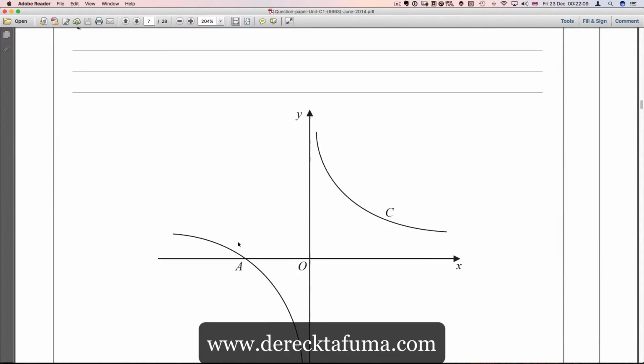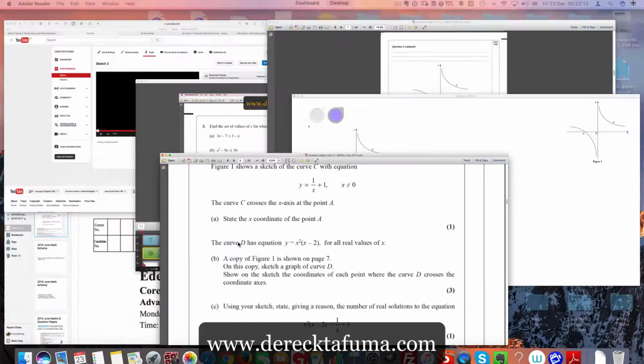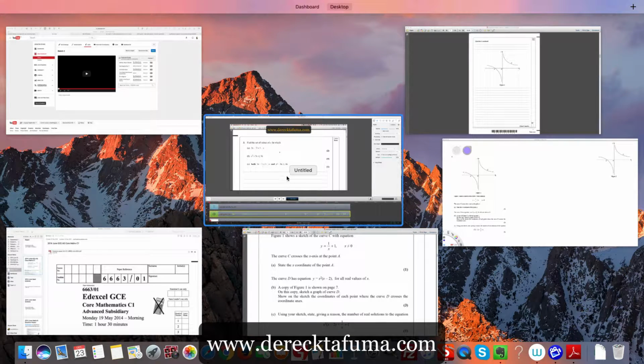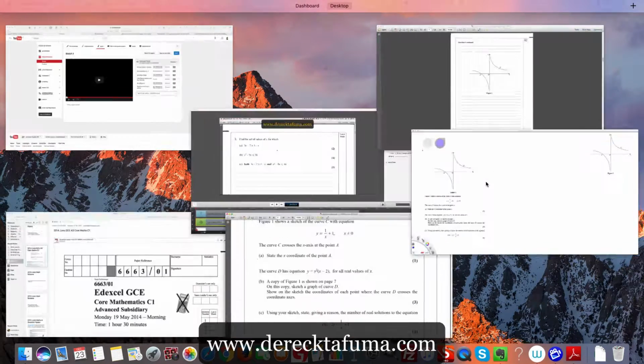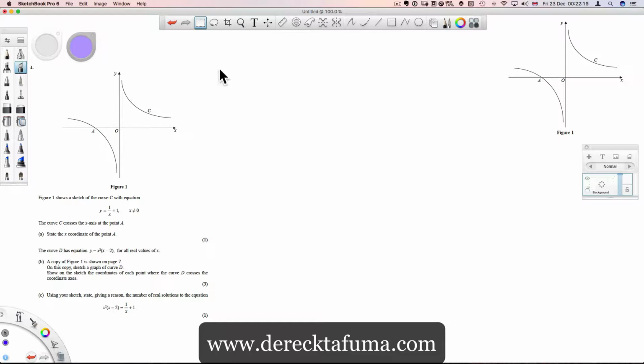Okay, now I've copied that question to here, which means I can start recording. In fact, I've already started recording. So here is the question. So we've got the curve C, which is that one, and curve A, which is that one, and we want to find that point. So basically the equation is this one here,